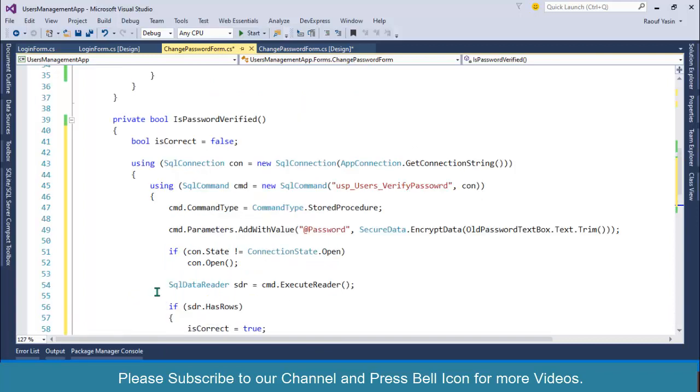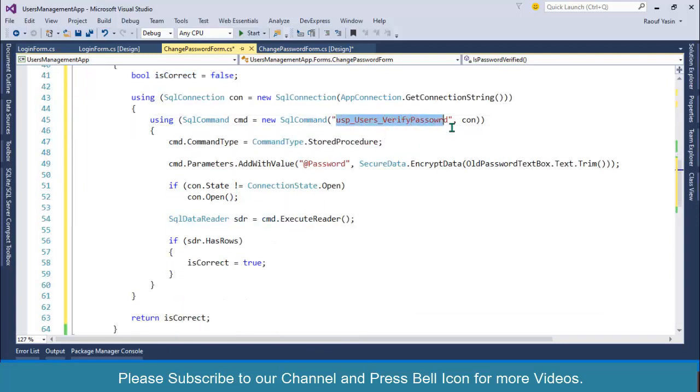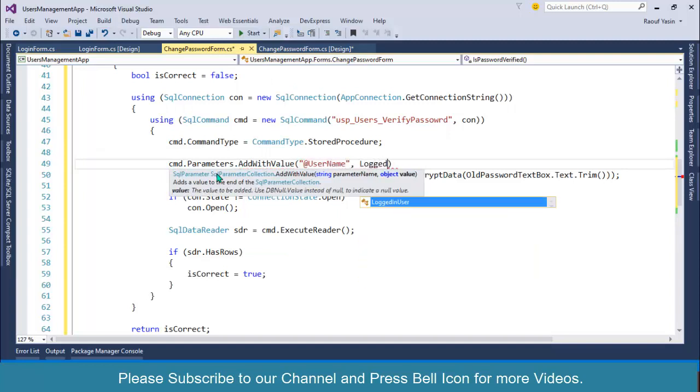Okay, so is correct is by default false, and once we're getting value from our database, obviously we need two parameters because we want to check the password for which user. We also need to specify another parameter, cmd.parameters.add with value, and over here we will specify add username, and its value will get it from logged user.username.